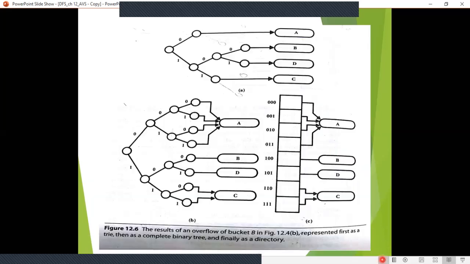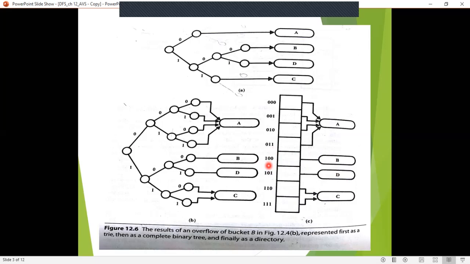Hope you understood what a buddy bucket is here, isn't it? This is a buddy bucket here. You are going to combine in this directory. If you are combining these two directories and removing D, you have to reduce the number of bits, that is, take 10 and remove the last bit so that you will get the trie. So reduction consists of collapsing each adjacent pair of directory cells into a single cell.